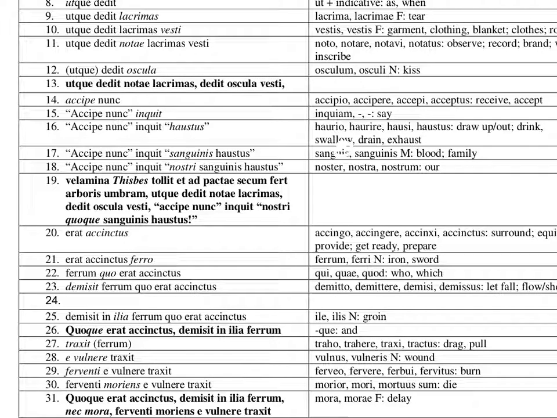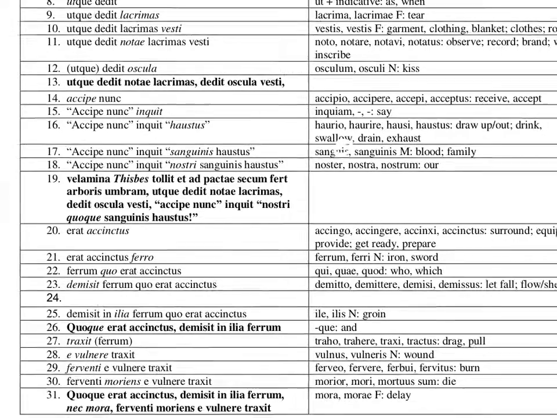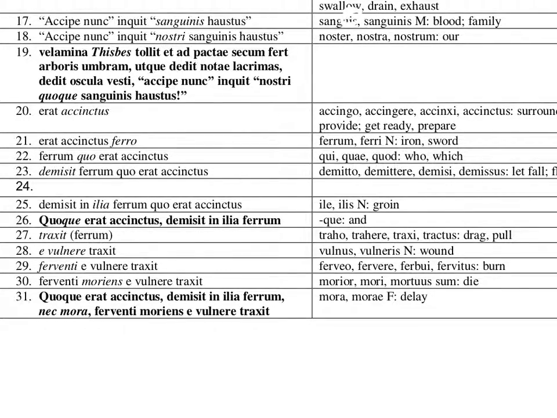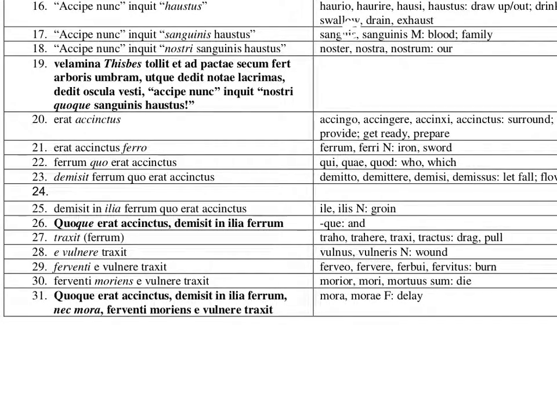My blood. Okay. Velamina Thisbes tulit, et ad pactae se conferet arboris umbram, utque dedit notas lacrimas, dedit oscula vesti, accipe nunc, inquit, nostri quoque sanguinis haustus. He lifted up the veil of Thisbe and brought it with himself to the shade of the agreed upon tree. And as he gave his tears and his kisses to the veil, he said,